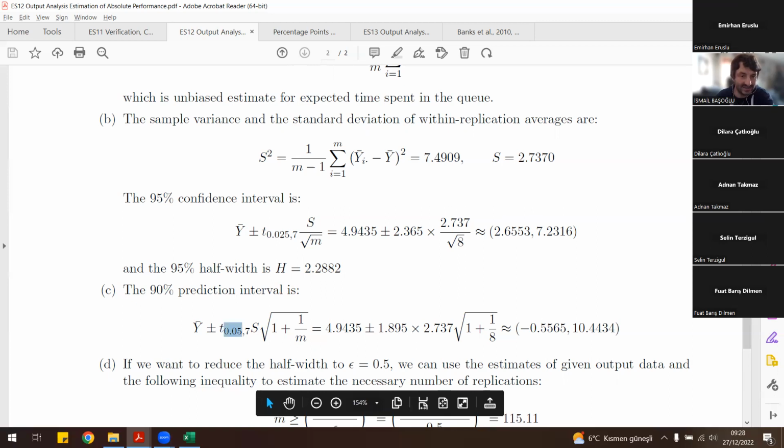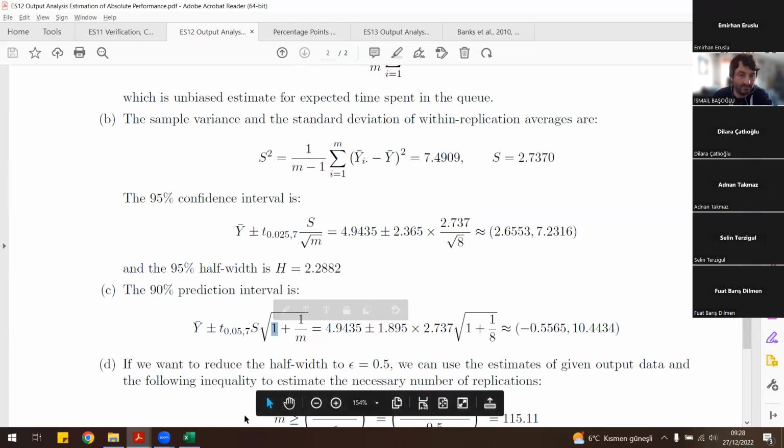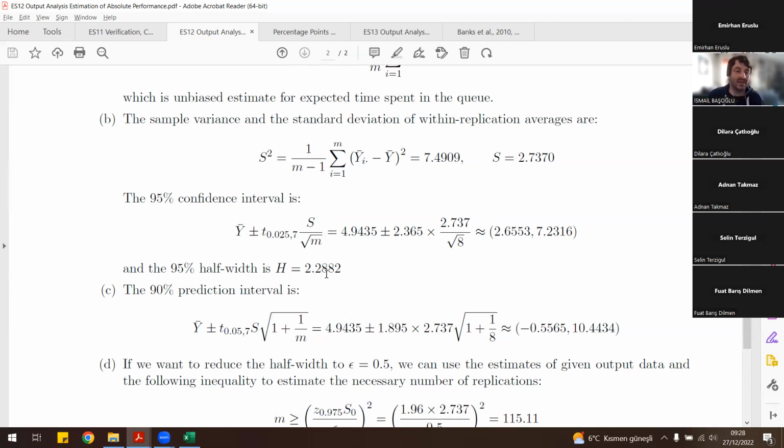on the right-hand side. We multiply the standard deviation not with the square root of 1 over n, but the square root of 1 plus 1 over m, because we need to introduce the inherent standard deviation in the prediction by this one. Okay. Now, please note that if you increase the number of replications so much, you will definitely get a